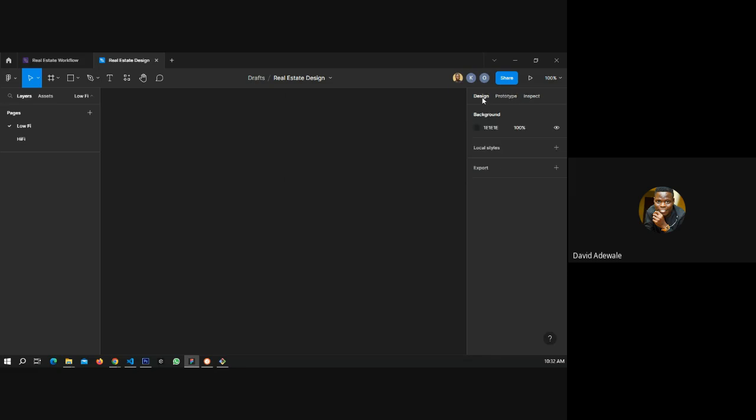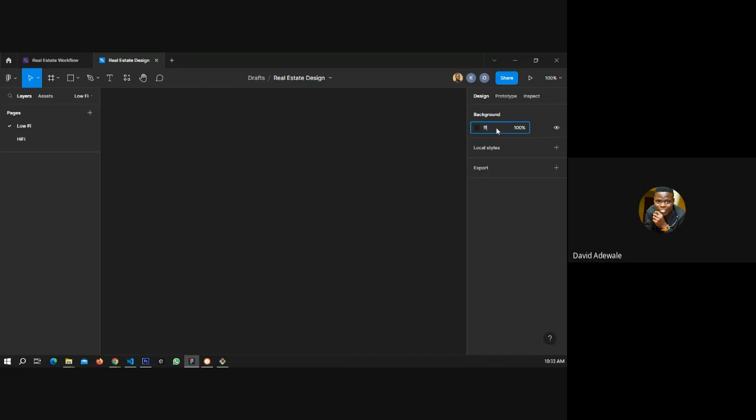Prototype and design. This design panel changes based on the object you select. So if you select an object, the design panel changes. As we speak now, there is no object. So the information about this design is only shown to us based on the canvas. So I have the background here. You guys can see the background of my canvas here, which is 1E1E1E.